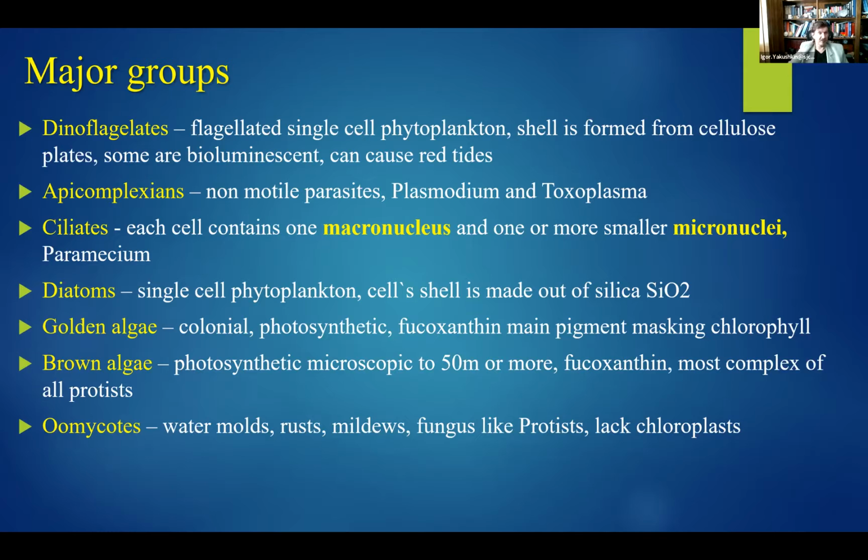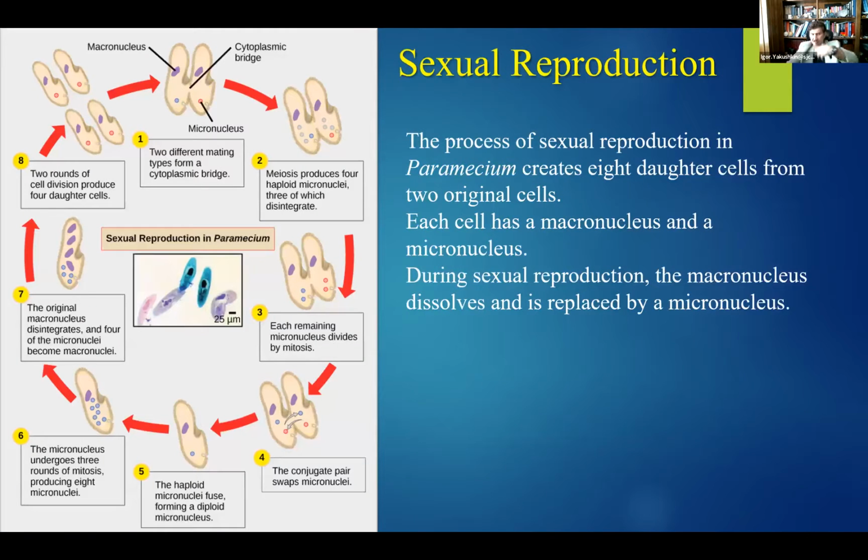So sexual reproduction, you don't have to memorize it, just know that in the Paramecium, we have something known as a macronucleus and a micronucleus, the tiny one, and that one is responsible for sexual reproduction. Two parameciums will get together and create something known as a cytoplasmic bridge. They literally merge the cytoplasm. During that time, each of the parameciums will start dividing the small